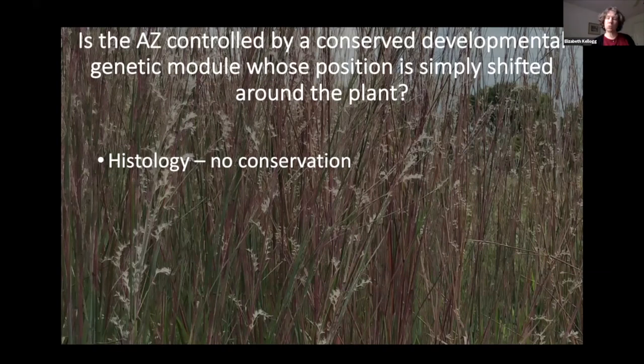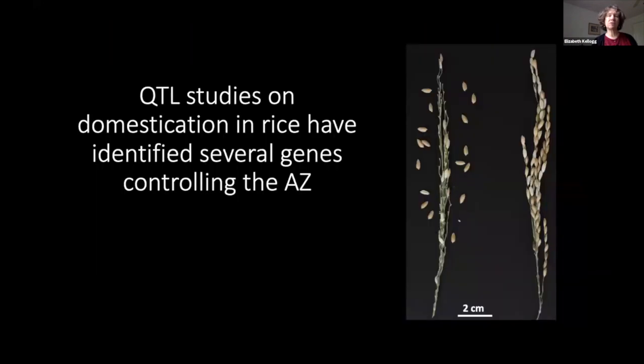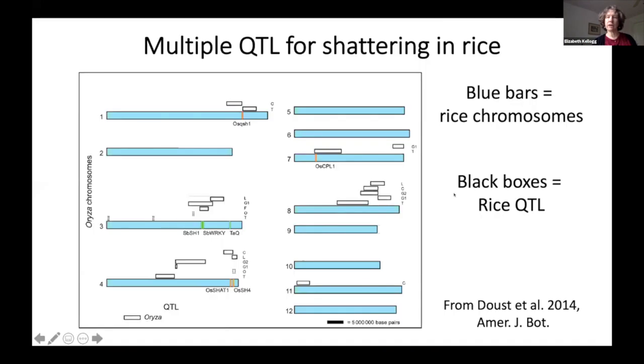So that was not great, but you start thinking, well, maybe there's some underlying genetic conservation, even though there's no histological conservation, and RNA-seq. So let's look at QTL studies. And certainly there have been a lot of them, particularly in rice, as I mentioned. They've identified several genes that control the abscission zone. And a few years ago, our colleague Andrew Doust wrote a review paper in the American Journal of Botany